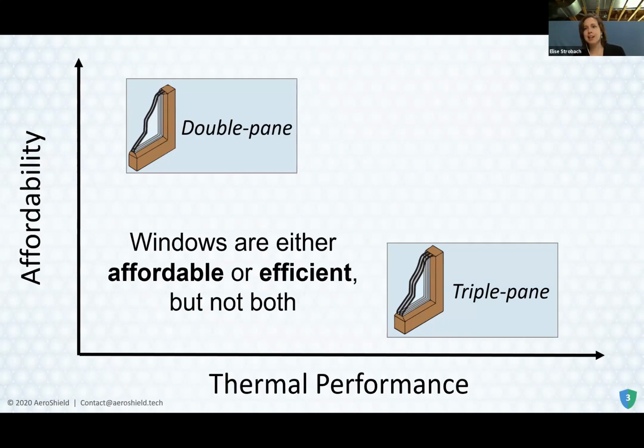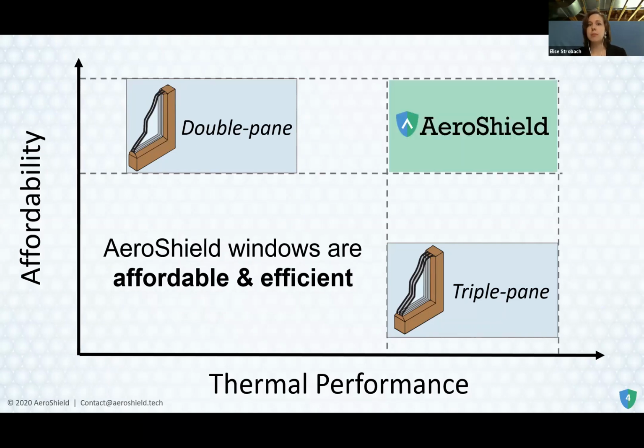And in today's products, actually, more than 80% of new products are this double pane class, where you see that it's incredibly affordable, but it's not the top efficiency. And this really hits at this core problem that new homeowners have to choose between sustainable products and cost-effective ones. And that's something that, personally and through founding this company, we really want to address. We want to offer new solutions that can hit that affordability and efficiency